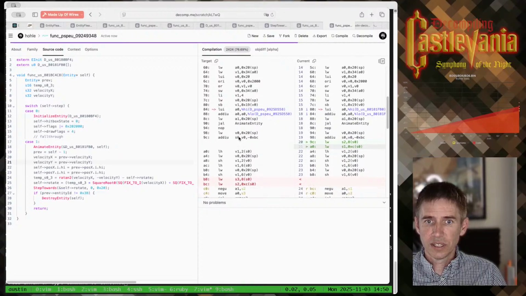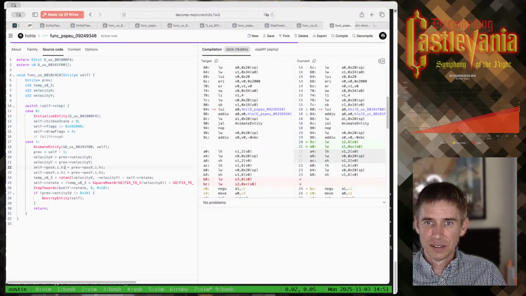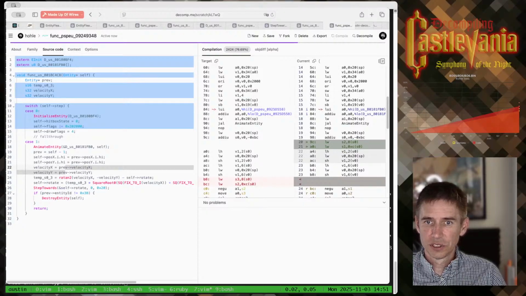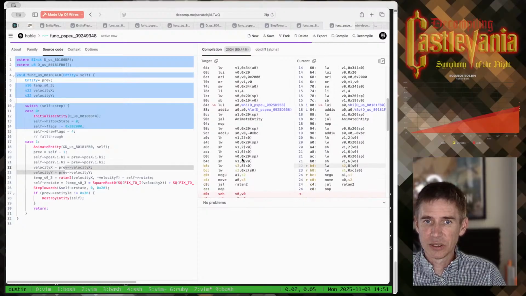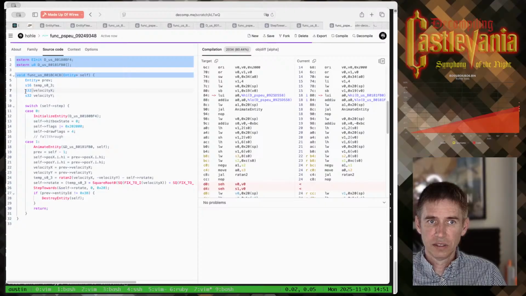So these are getting pulled into separate variables, but which is fine. This version tells us that that doesn't happen until down here. And these end up being